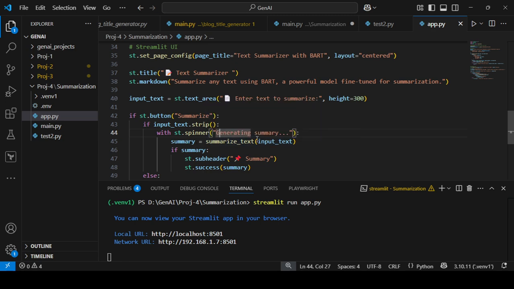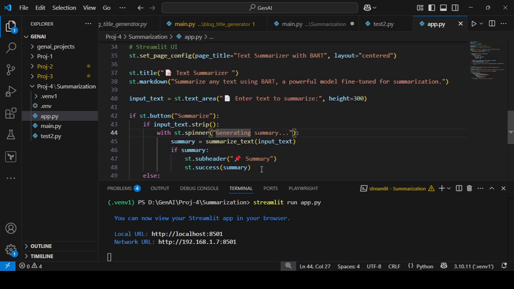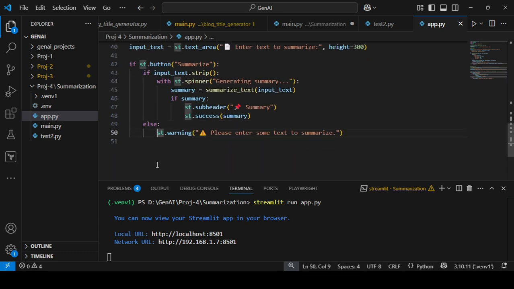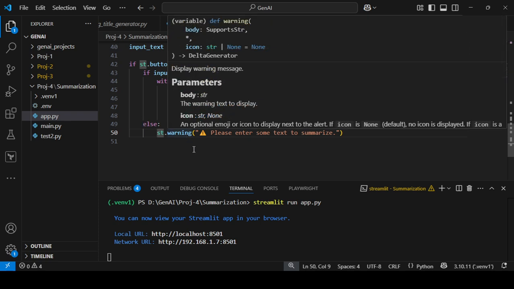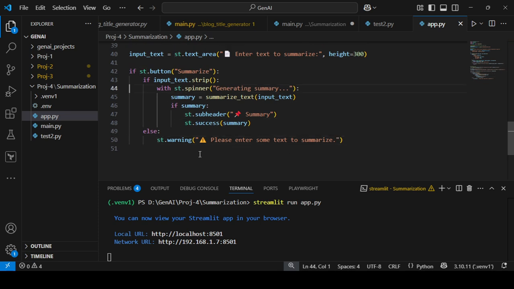So summary will call this summarize_text. Input text we are giving as an input, and once it is successful, if summary is true, then it will add the summary below the summarize button. So this is how this code is working. Else, otherwise, if there is no text, it will give the warning, please enter some text to summarize.